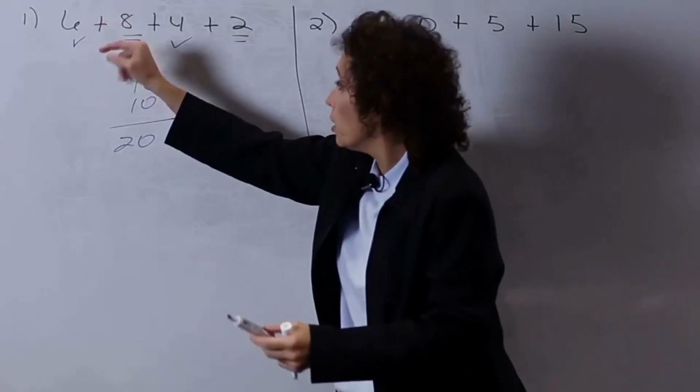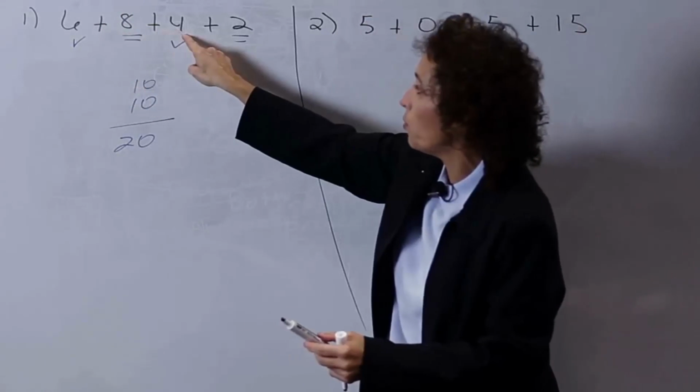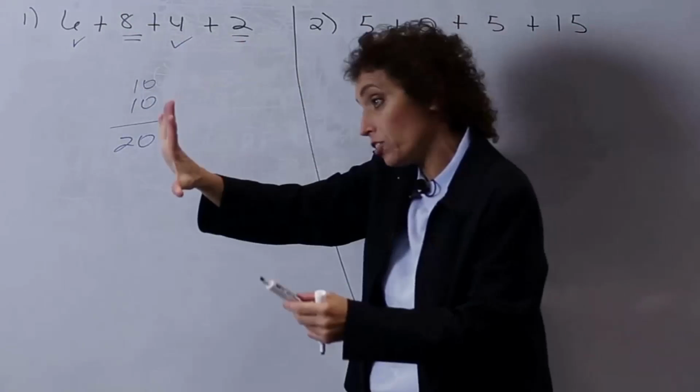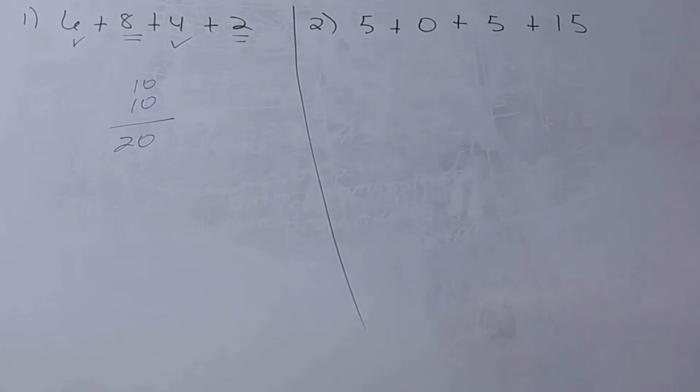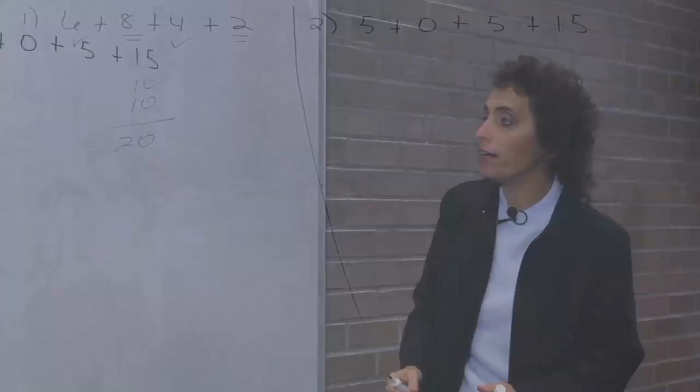Because if you did that, you could. 6 plus 8 is 14, plus 4 is 18, plus 2 is 20, just in case you didn't believe me. But it might be easy to make groups of 10. For instance,